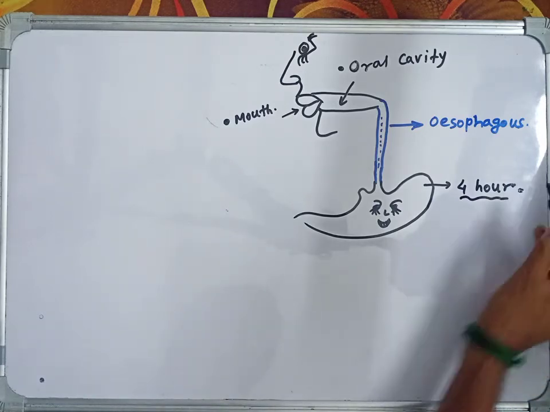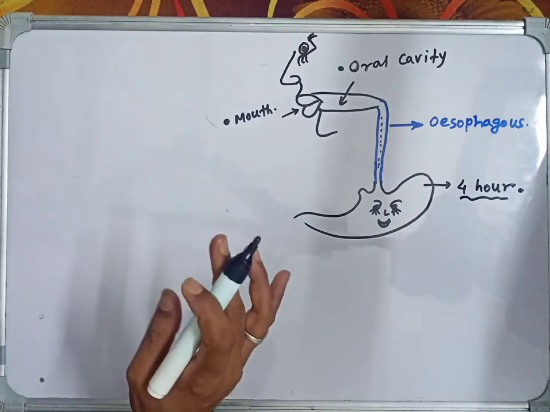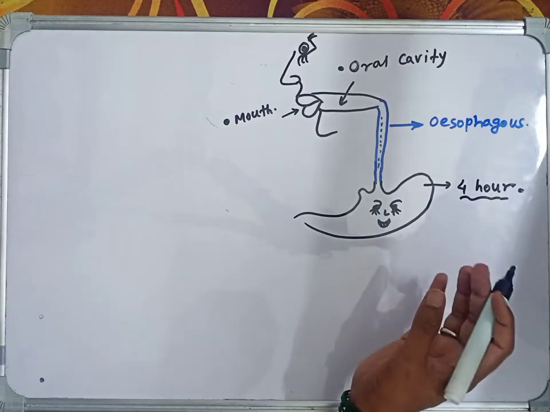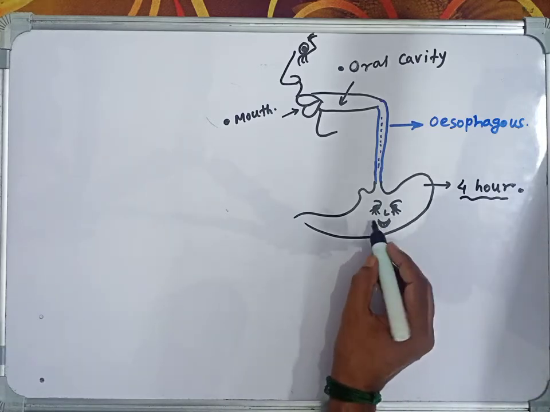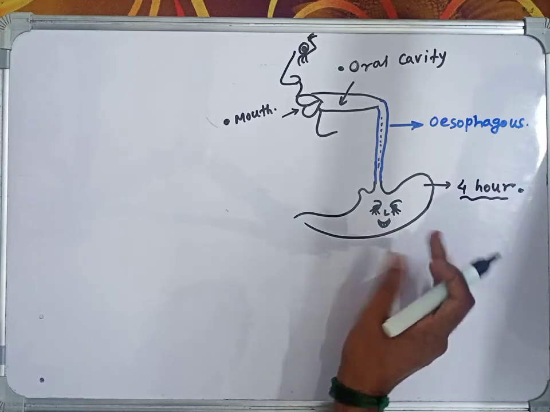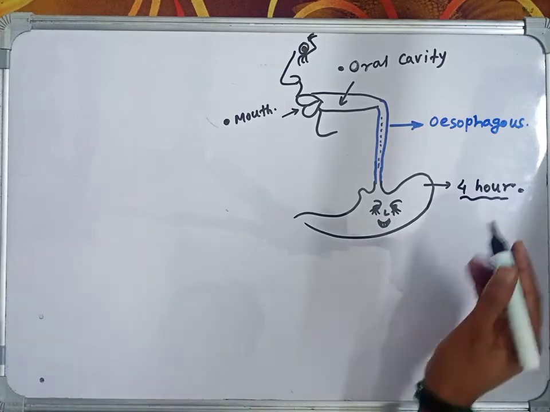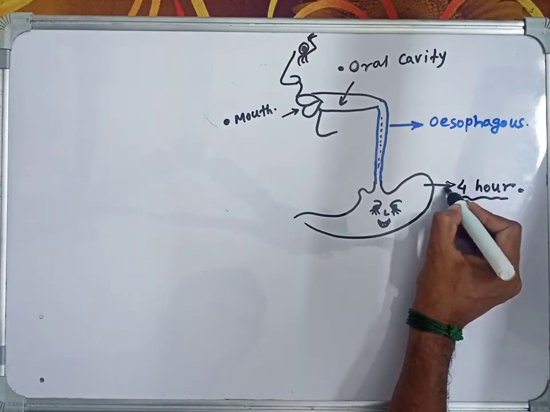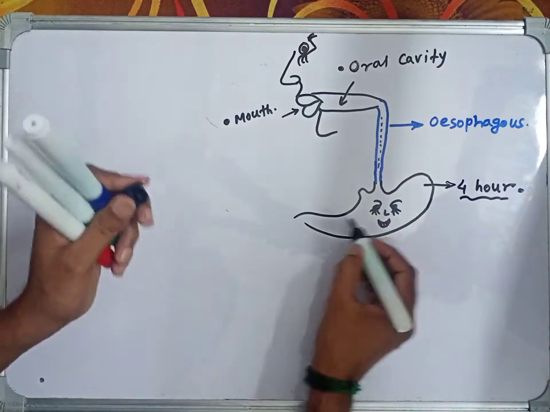That is a logical question for you, right? For NEET, our stomach contains about 4 hours of food, right? That's why the stomach is empty after every 4 hours. That's why we feel hungry, right? We need to eat again. So after this stomach,